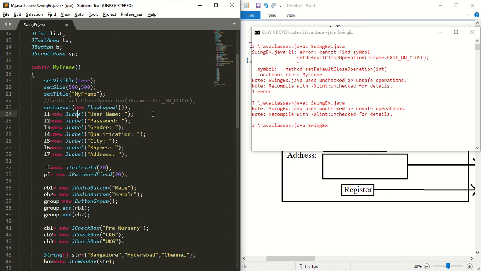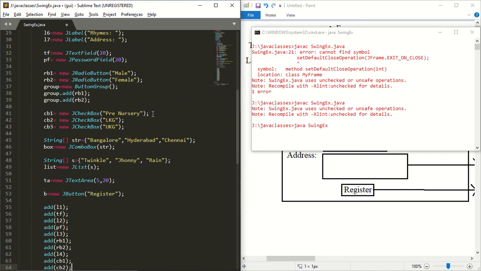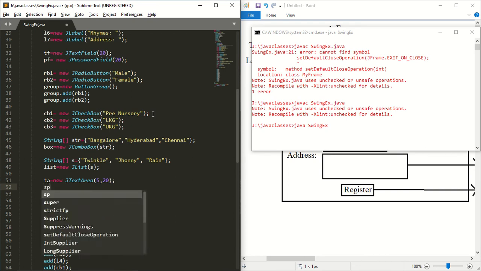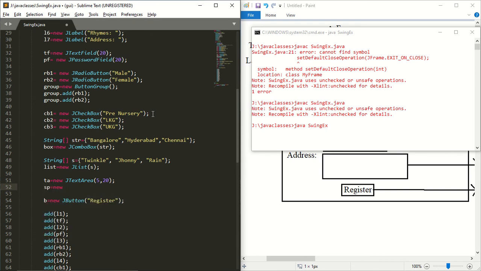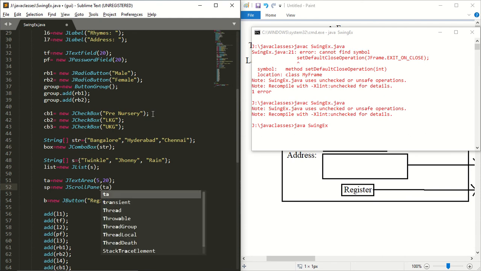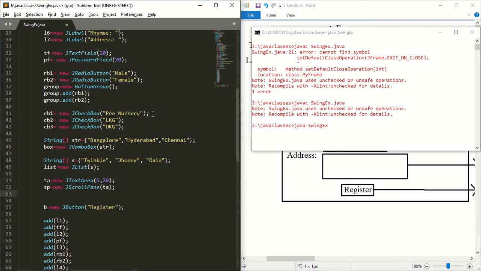Next, I will create a scroll pane object. So after text area, I am going to create scroll pane object. SP is equal to new JScrollPane of text area. For this text area, I am creating a scroll pane.